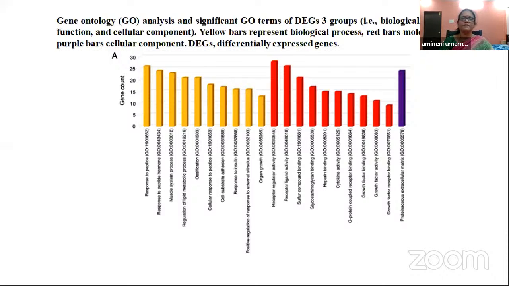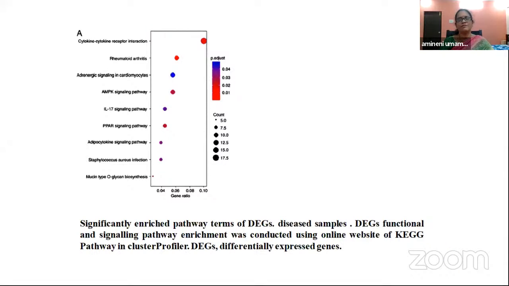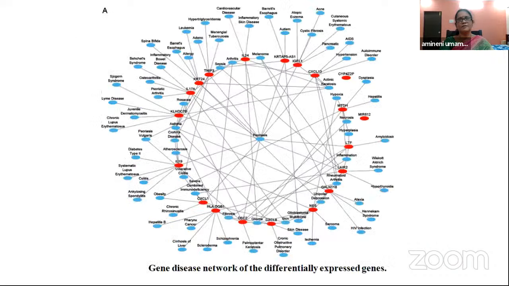So once we have these DEG databases, again we have to submit them to the gene ontology analysis. In this gene ontology, we will get 3 different types of information: what is the biological process, what is the molecular function, and what is the cellular component. So like that, we will get more details about the differentially expressed genes. Once we get this, again we need to identify the pathways of these particular differentially expressed genes. By submitting to the KEGG or DAVID database, we will get the pathways involved in this.